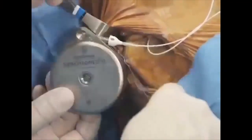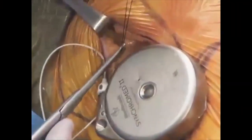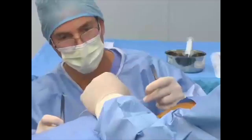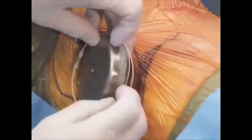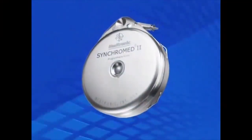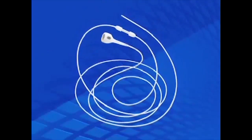The following instructions overview the pump and catheter implant procedure for the Medtronic SynchroMed 2 programmable infusion system. The SynchroMed 2 infusion system may be implanted under general, regional, or local anesthesia with sedation. To implant the pump, you will need these supplies: a SynchroMed 2 pump, a Medtronic intrathecal catheter, a catheter passer,